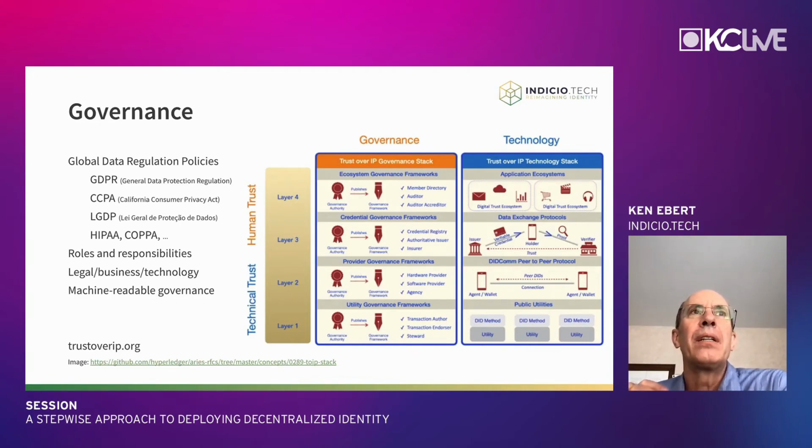Governance helps take care of things like compliance with global data regulation policies: GDPR, CCPA, LGPD from Brazil, HIPAA, COPPA, all of these regulations and more. There are more, an exhaustive list would be impossible, and the list is growing over time. Those aspects of how you deal with people's personal and private data can affect how readily adoptable your solution is by the legal department with the companies that you want to involve, or the governments that you're going to try to involve in adopting your solution.